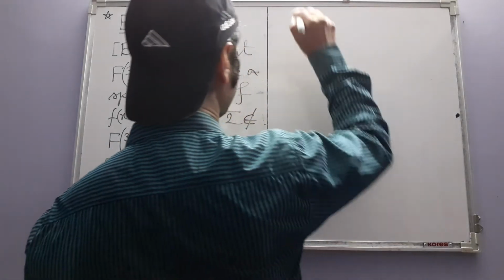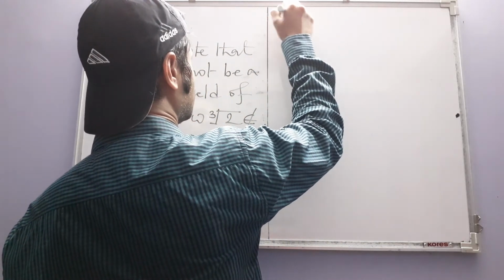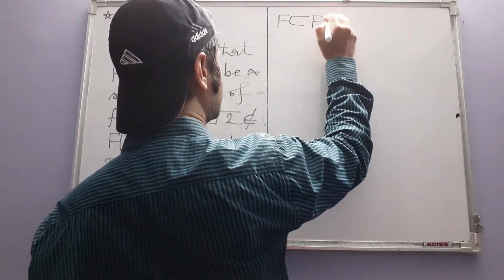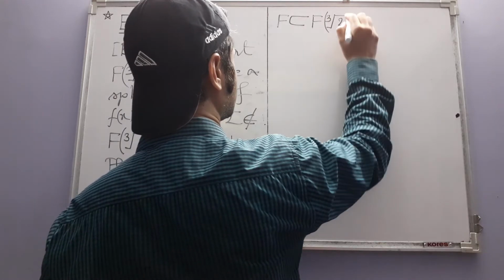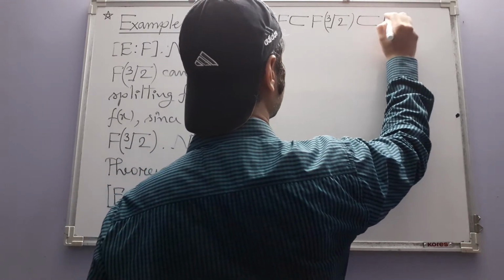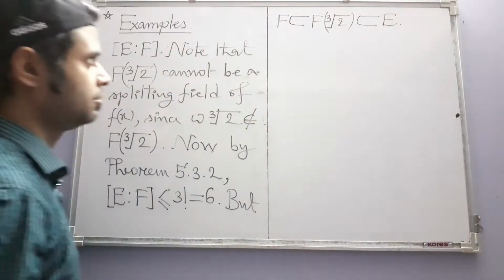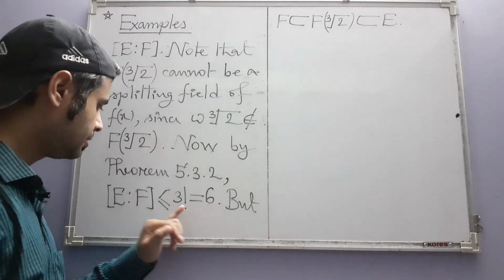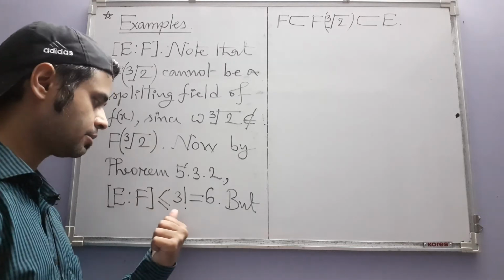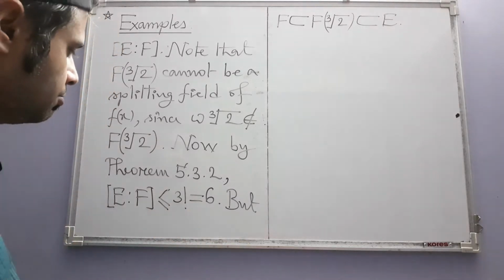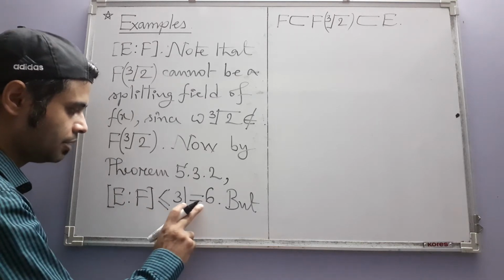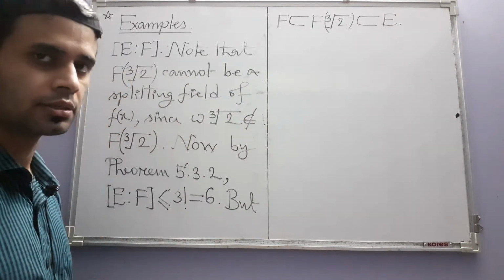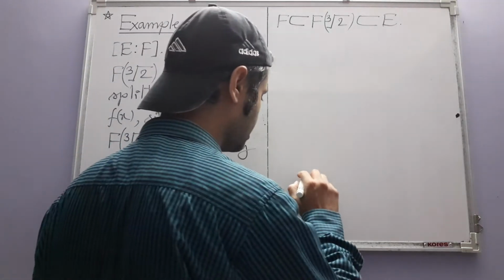But note this thing, F is a subfield of this extension, which is a subfield of your splitting field E. And now this inequality tells us that E is a finite extension of F, and its degree is less than or equal to 6. So if you now recall a result from the first section where we have seen something like this,